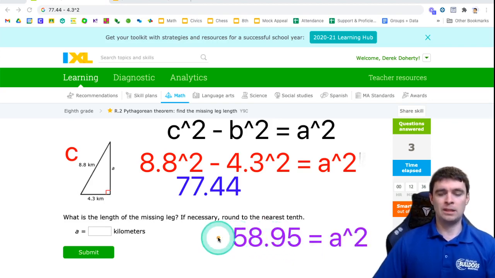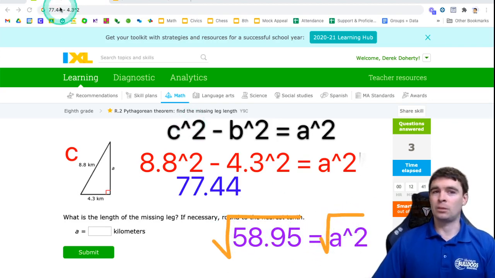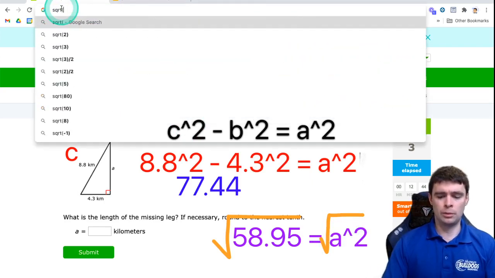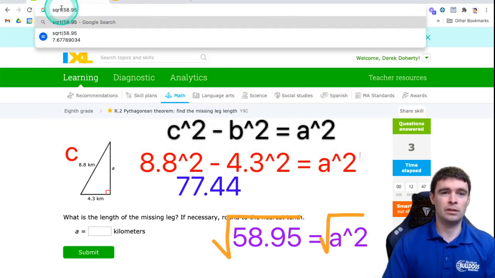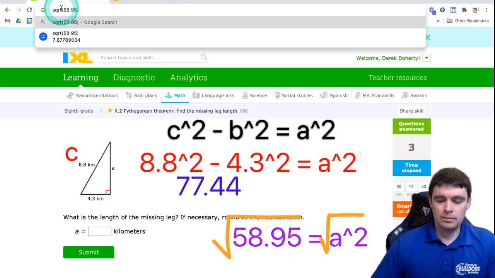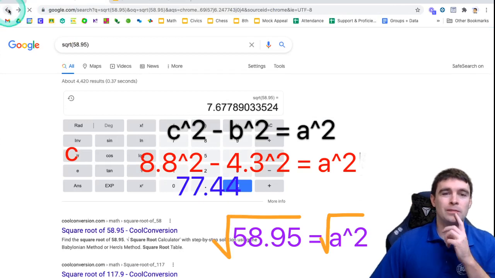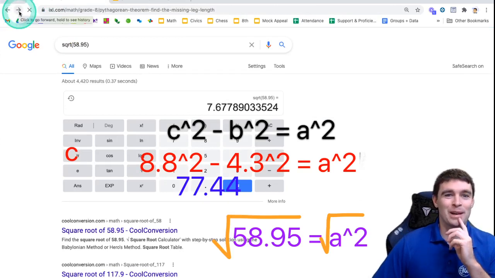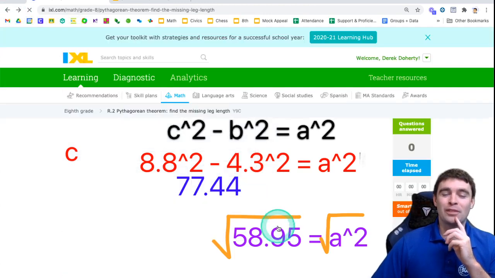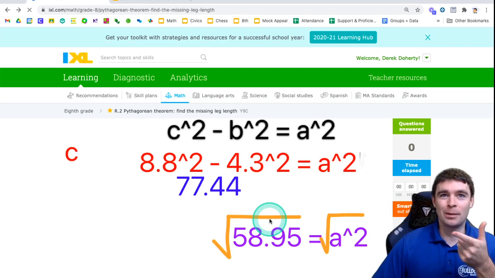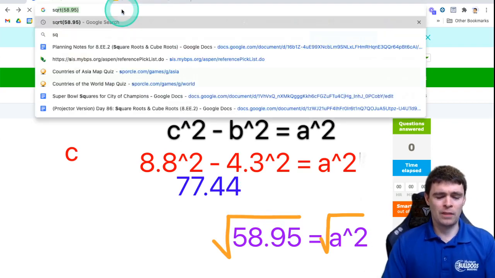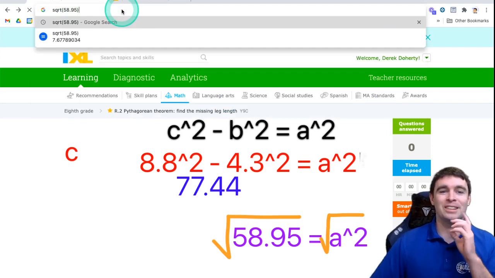Our last step here is going to be to take a square root from that, and that's going to tell us what a would need to be. And I definitely don't know that square root off the top of my head with that decimal, so I'm going to type in square root of 58.95. And they've told me, looks like I'm going to need to round my answer off. And I messed this whole video up. I'm sorry that last problem's a mess now. But when I take the square root of 58.95, I get a messed up irrational number, a decimal that keeps going. And you would need to round that decimal off. So I apologize. I'm going to go ahead and finish this problem even though I just broke the problem and you can't see it anymore. We would get